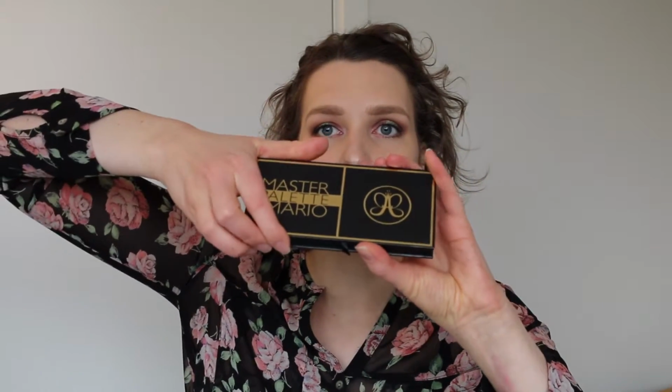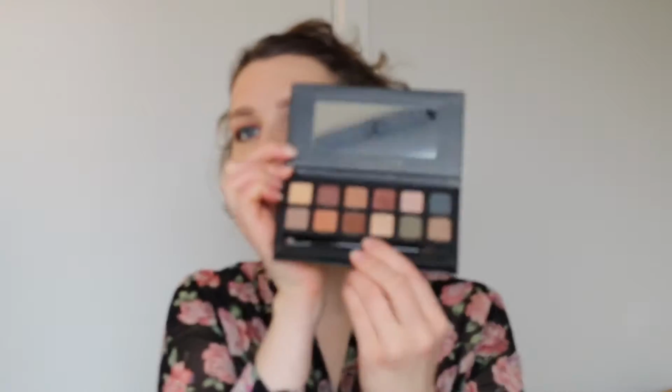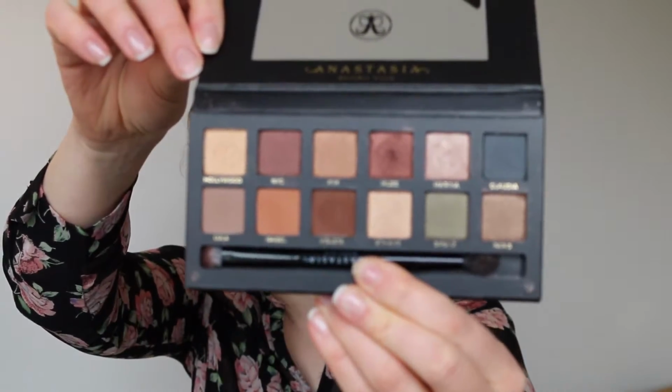The next one I want to show you came towards the end of the year, and I've only had it for about a month, but I love it so much. I do believe it deserves to be in this video, and it's the Anastasia Beverly Hills palette by Mario. It looks like this, and if you open it up, it has a little brush, so we have to tilt it slightly backwards. It comes with 12 different colors, and they just look gorgeous on the